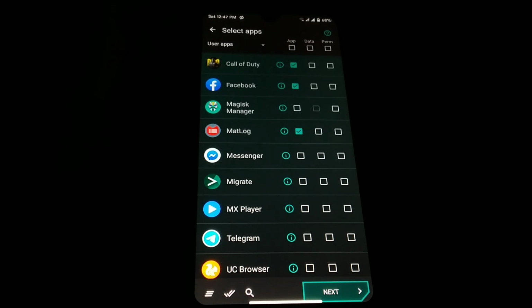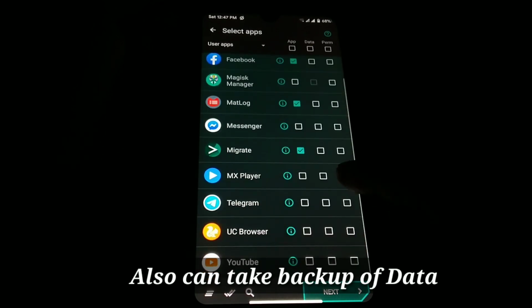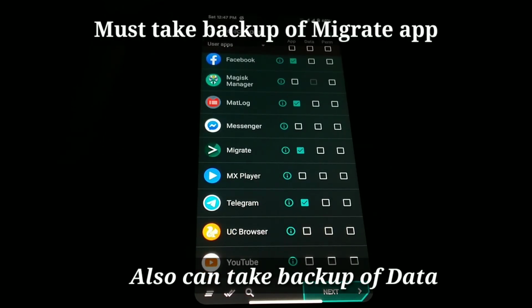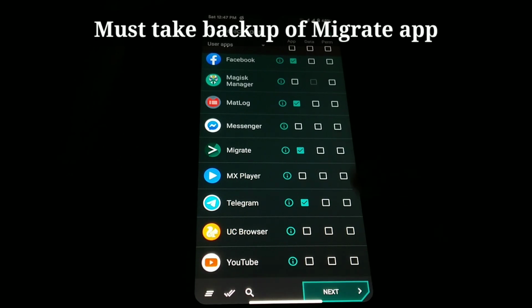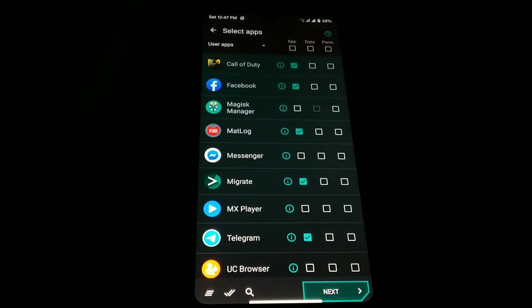And of course, when you take backup, you have to take backup of Migrate also, and Telegram also. Just for showing you guys, I am selecting only 4 or 5 applications. So just press on next,